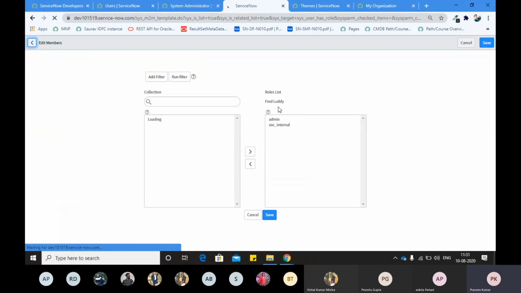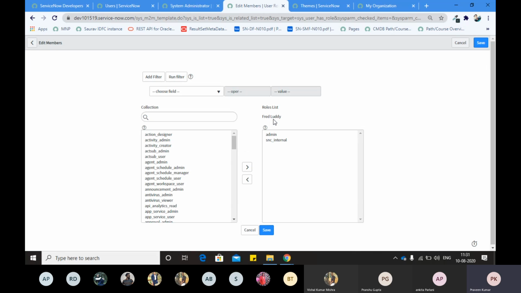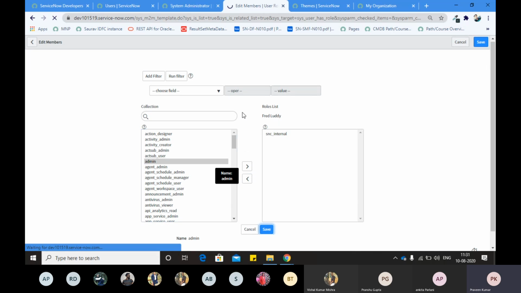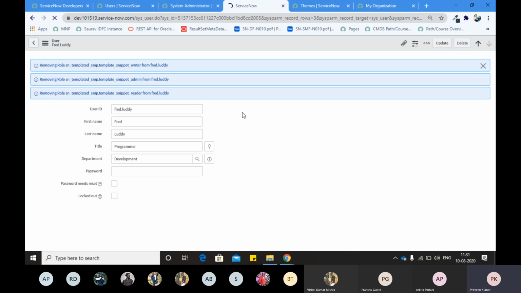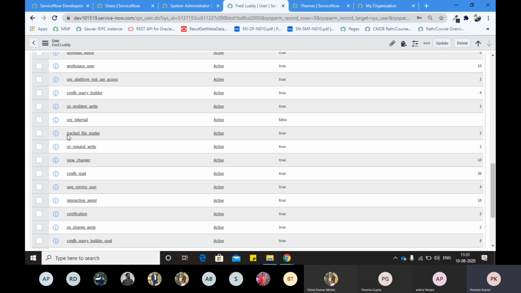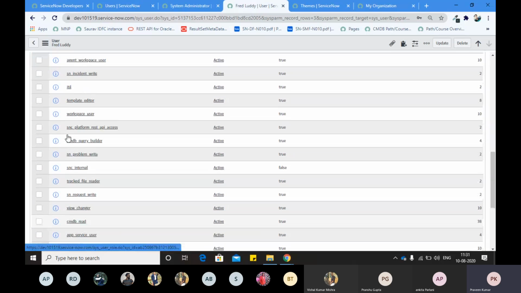I will come here, click on admin, remove it, and save it. You can see some info messages at the top of the form, right? And I have removed the admin role, right?